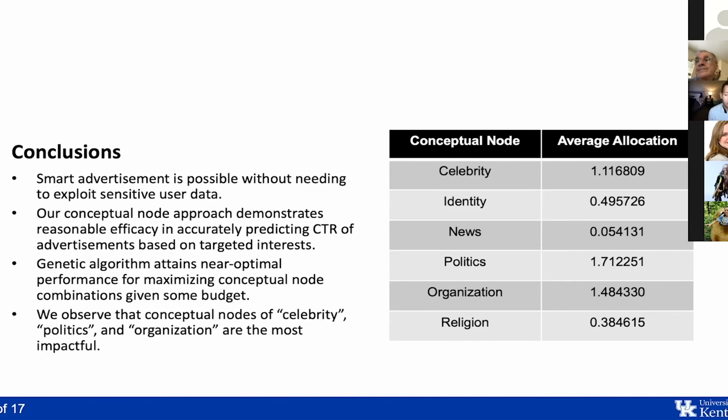There is of course future work that needs to be done in order to expand upon this approach to click-through rate prediction. For instance, in our approach, we consider a static data set rather than a dynamic data set in which social network data is dynamically being retrieved from a platform like Twitter. So that's an easy and intuitive way to expand upon this work. But this is the first step that does show that this is in fact possible. You can perform smart advertisement without touching user data.